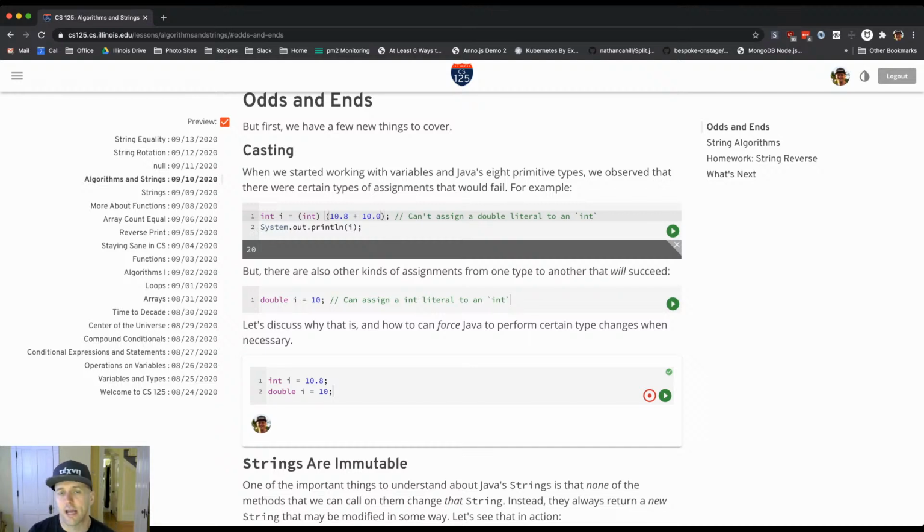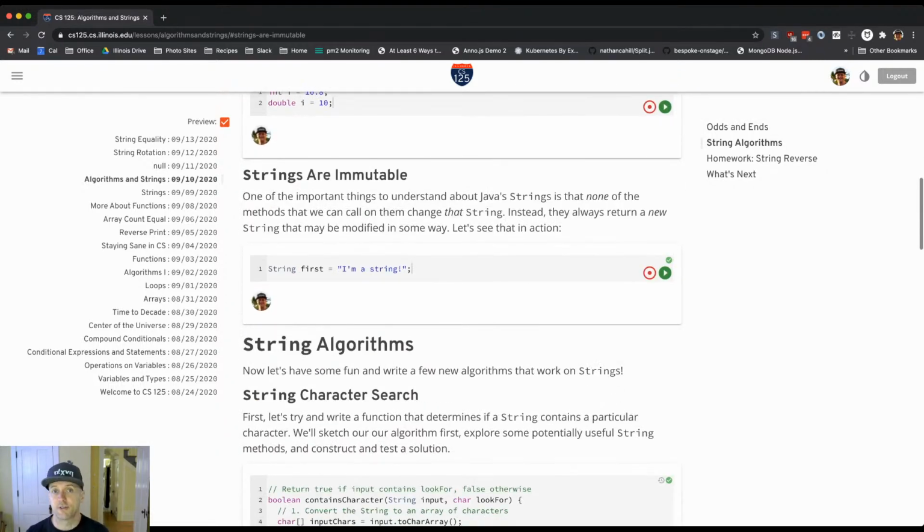Casting is sort of inherently dangerous because you're forcing Java to discard information. And so that's why I have to use this more explicit syntax in cases when I want to do that. Okay. The other quick thing to point out before I start taking questions is that